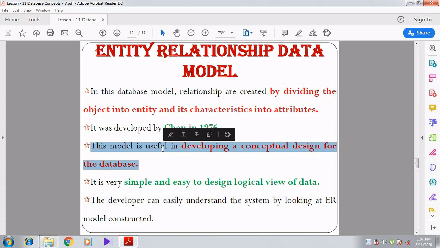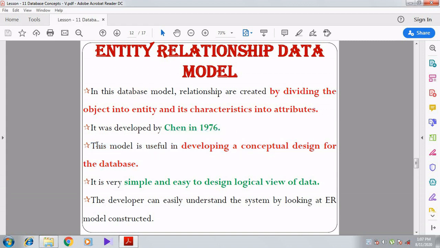Why? To see how the house will look. First, the house owner says the things which are essential for the house. After hearing all the requirements, the engineer creates a design and shows it to the house owner. That is what they are saying here also.